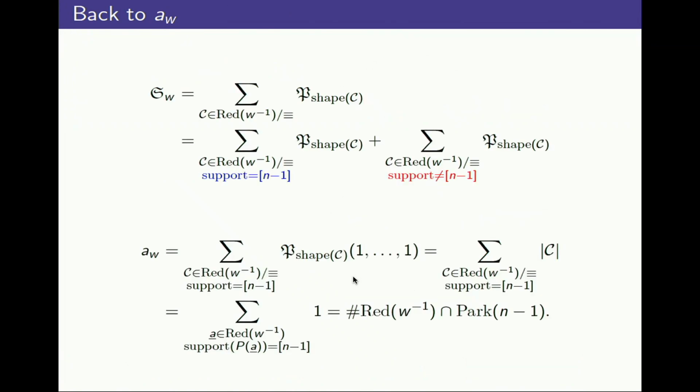That's the answer. So long story short, the final proof comes down to this single slide. Schuberts, Billey-Jockusch-Stanley, coarsen it, forest polynomials, separate them according to their support, ignore the red stuff, take this stuff, specialize to all ones, count linear extensions, turn this into a parking algorithm. That's it.